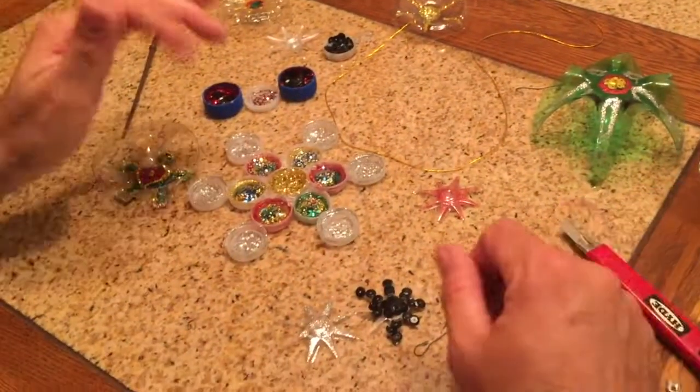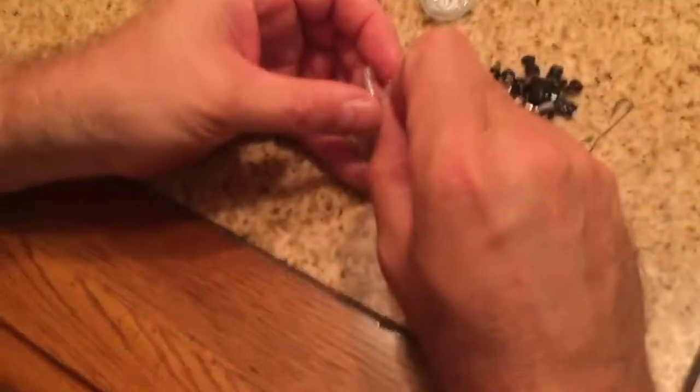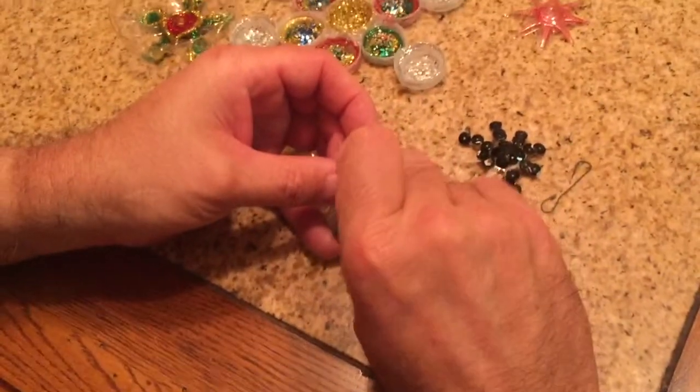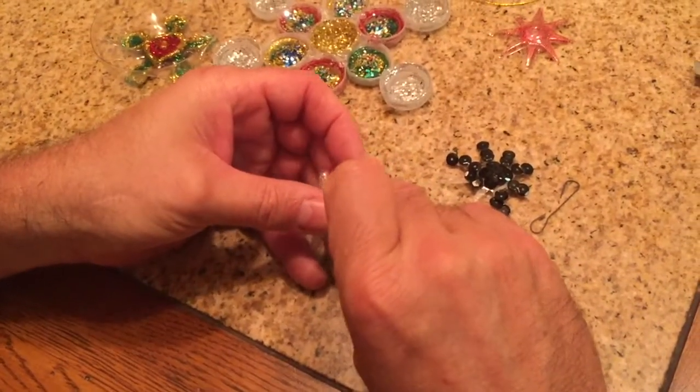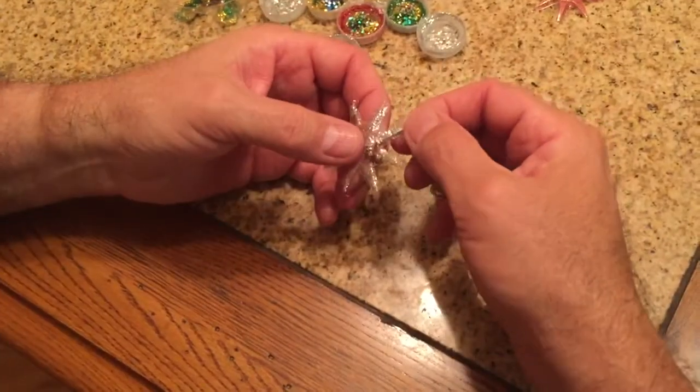There's one. Okay. Let's do another one. Which one should we do? A little star? I said you can glue it on the tie also though. Yeah, and we'll show them how to do that too. Poking a hole. And then